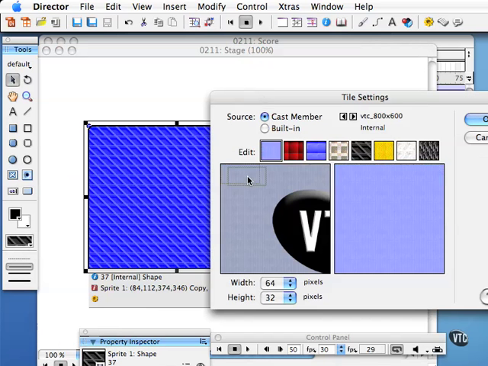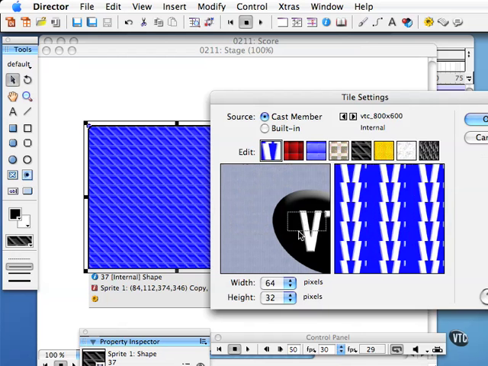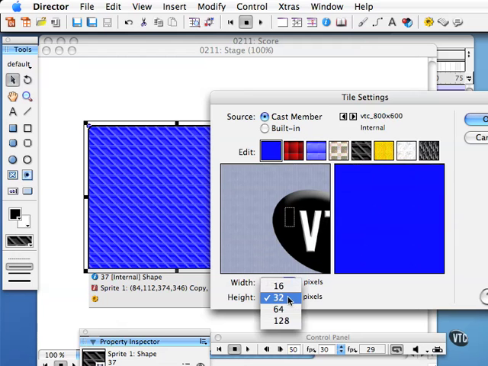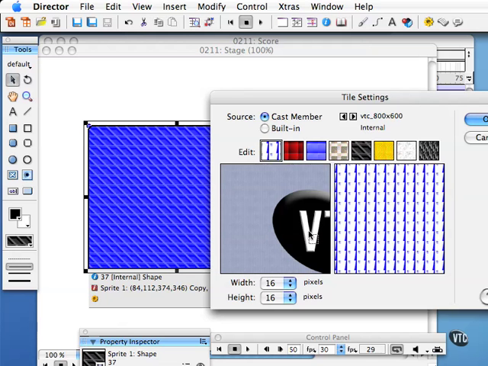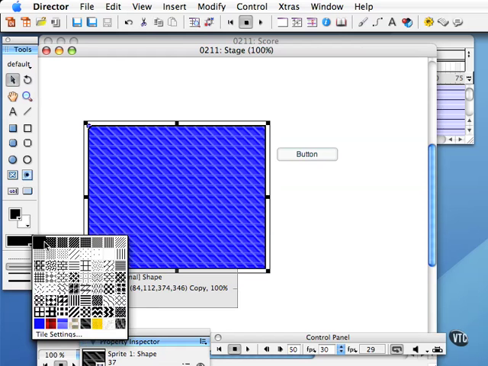I can also use cast members as tile. So for example, there's the VTC logo and there's a little selection rectangle. I'm selecting this portion of the VTC logo as a tile here. If I choose the V, that's going to create a different type of tile. So that's a tool that you may want to experiment with. You can also adjust the width and the height of the tiles to be either 16, 32, 64, or 128 pixels in dimension. So that gives you a good example of the foreground and background color chips, as well as the texture and tile chip here at the base of the tools